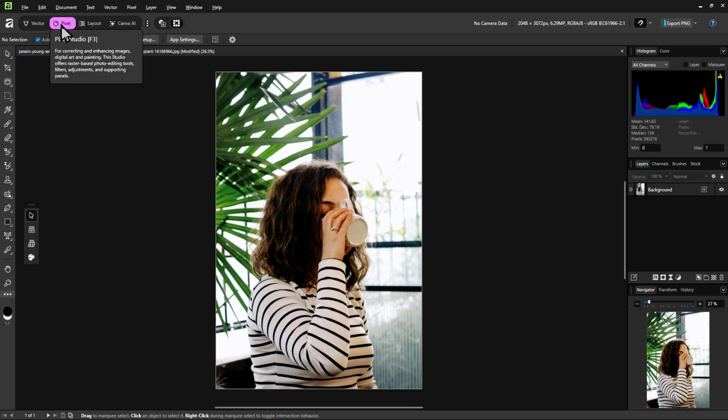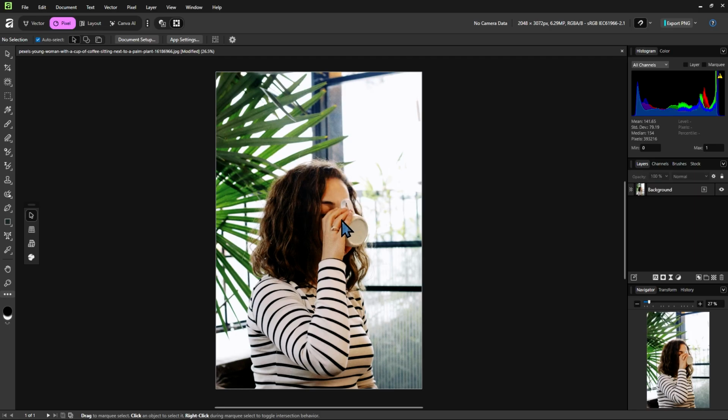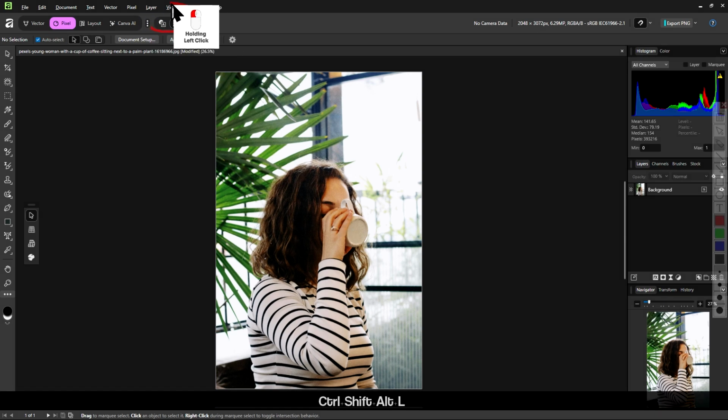So just make sure to click that until it's highlighted in pink like this. And for good measure, let's right click on it and then click on Reset Pixel to Master, which will reset the Pixel Studio to make sure it looks like how it was in the beginning. And then let's look at these 2 options.